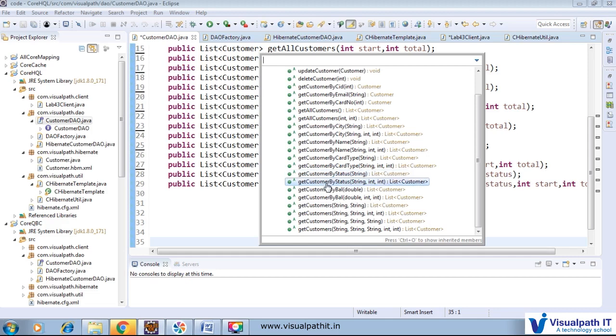With get customer by status, again the status may be active or inactive, and there may be thousands or lakhs of customers. In that case we are not able to fetch lakhs of customers at a time. So we will utilize the pagination concept, where we provide a start value and max value.